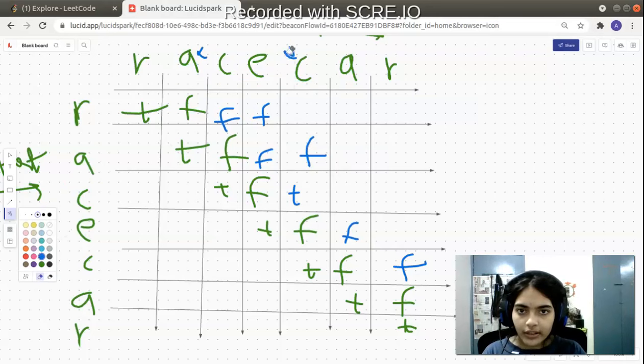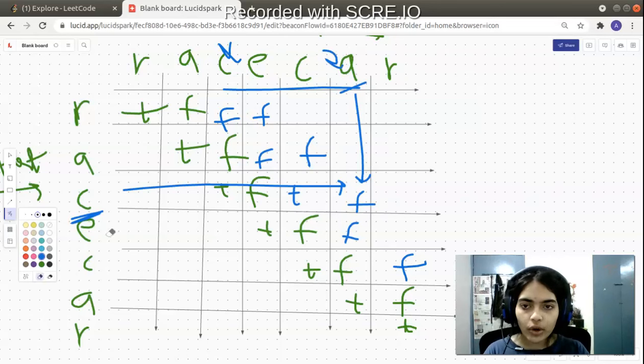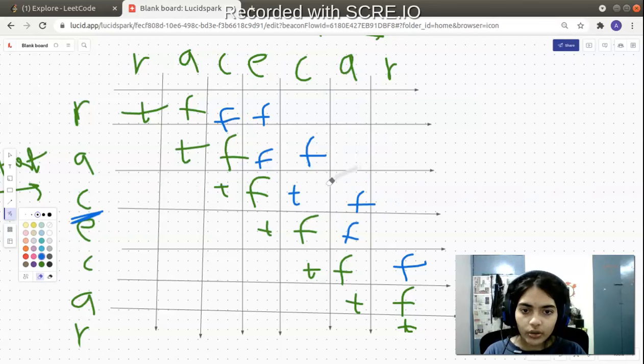Let's build the next substring of length 4, starting from C, ending at this particular A. We have to fill this particular box. Is this a palindrome? C, C, A. False, because we just check the first and last character. They are not equal, so we don't care if the inner string is a palindrome. If the first and last characters are not equal, there is no way it is going to be a palindromic string, so it is false. Okay, let's check the last string of size 4.